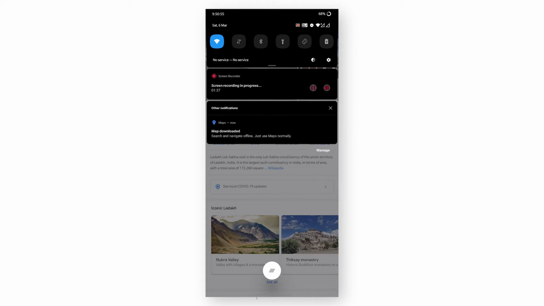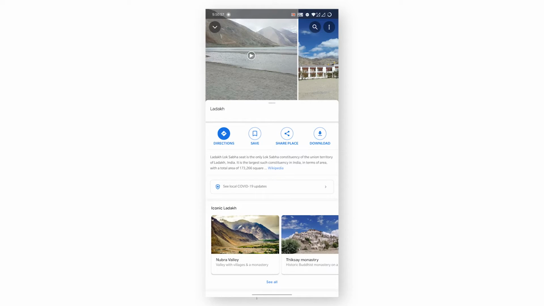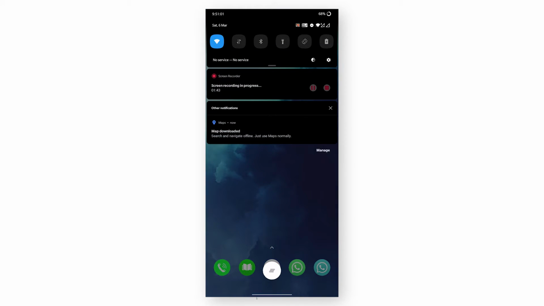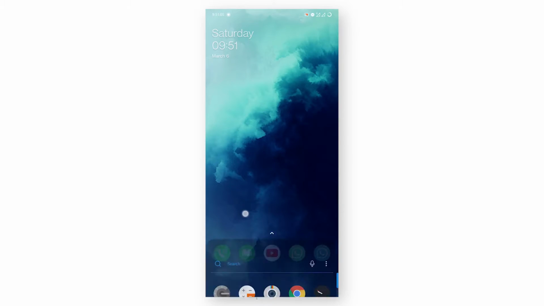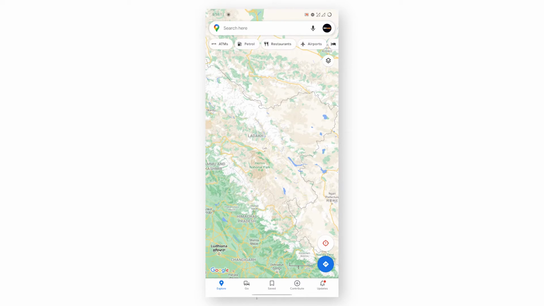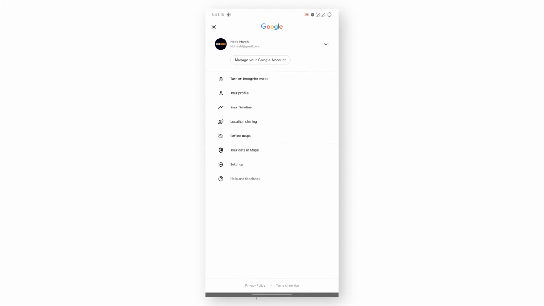After downloading, I want to show you how it works without internet. I just close my app and turn off my internet. As you can see, my mobile data and Wi-Fi are turned off. Now open Maps again, click on the profile picture and go to offline maps,